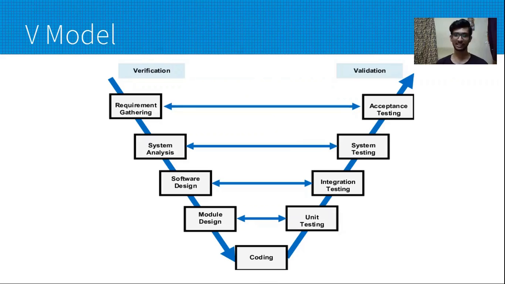The next one is integration testing. Integration testing is directly associated with the software design. While integrating all the modules, it becomes the entire software. So the testers will be testing all the modules which are integrated. While the modules are separate, they give a specific input and a specific output. After integrating, the testers will check that it is still giving the same input and same output as well. So the next one is system testing. System testing is directly associated with the system analysis.